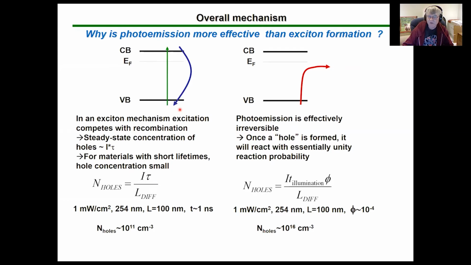And if this is driven by holes, then in order to have this reaction take place efficiently, you'd want a semiconductor with a long lifetime so that when you excite an electron up to the conduction band, the hole that's left behind persists for a long time. But you can pretty easily run through some numbers based on estimates of the recombination time and the available intensities of light, and show that this mechanism really isn't important under the normal conditions that we operate,